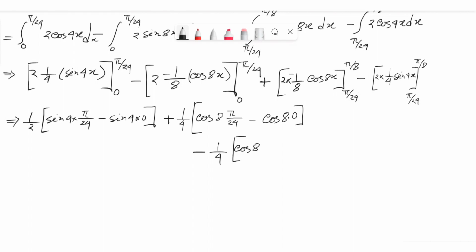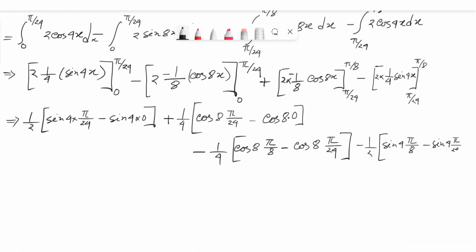So cos 8 pi by 8 minus cos 8 pi by 24, okay, minus, and this will come out 1 by 2, and sine 4 into pi by 8 minus sine 4 into